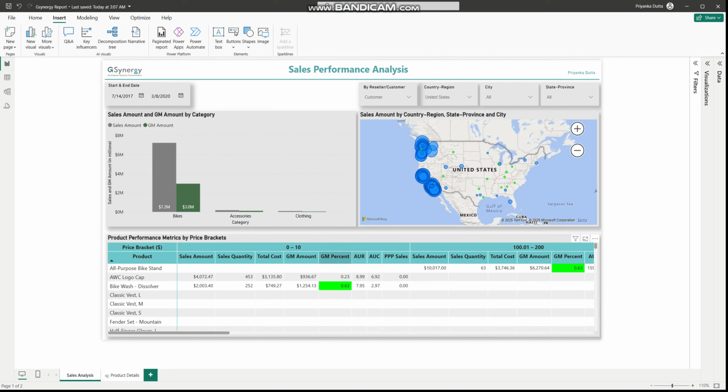The next visual over here is product performance metrics by price brackets. This section provides a detailed breakdown of product performance. The products are categorized into price brackets, allowing for granular analysis of sales performance. The key metrics, as you can see here, include sales amount, sales quantity, total cost, GM amount, GM percent, AUR, which is average unit retail, AUC, which is average unit cost, and PPP sales, which is the